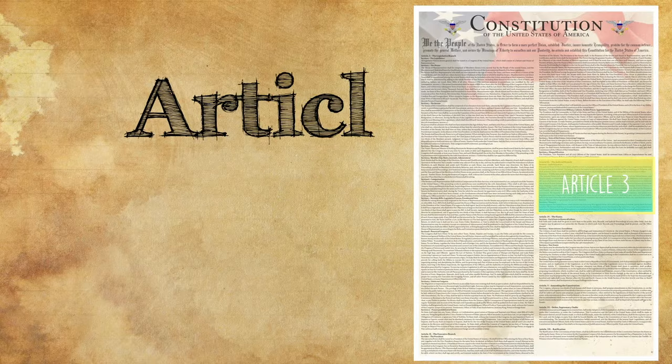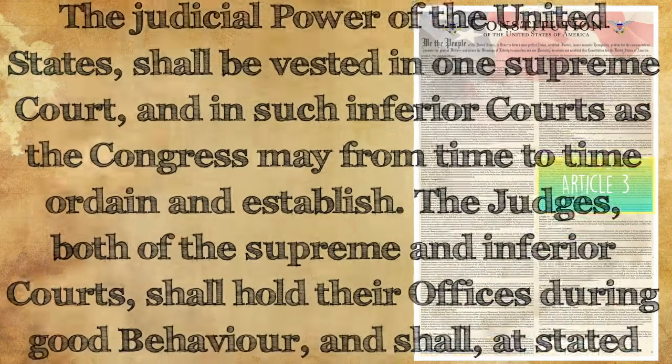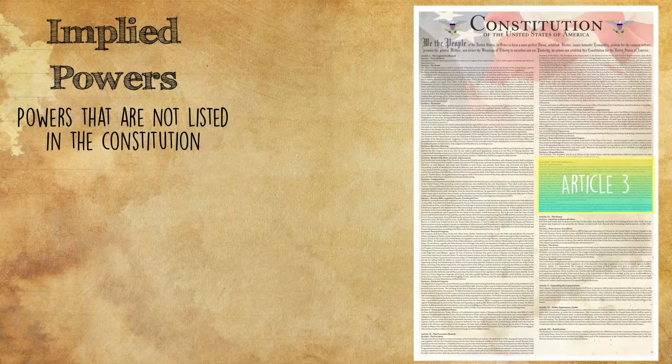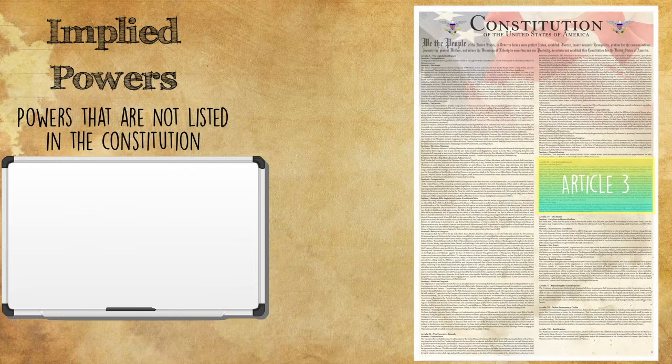As we stated before, Article 3 is pretty bare, and it does not have a lot of listed powers, and believe it or not, the most significant power that the Supreme Court has is a power that's not written down in Article 3 of the U.S. Constitution. You might be asking yourself, how is this possible? But all of the branches essentially have some kind of implied power, which means it's a power that's not written down. We call this power judicial review.